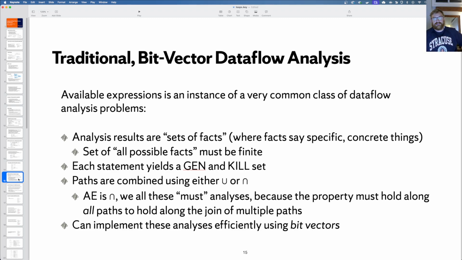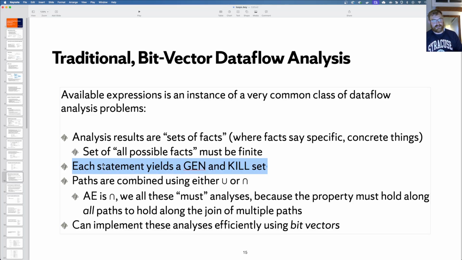For example, in available expressions analysis, we aren't talking about all possible expressions in the world. We're talking about all syntactic expressions in the program. Any specific program is a finite amount of text, so the number of expressions in the program is also finite. And that's going to be a key thing in showing the termination of the analyses later on.